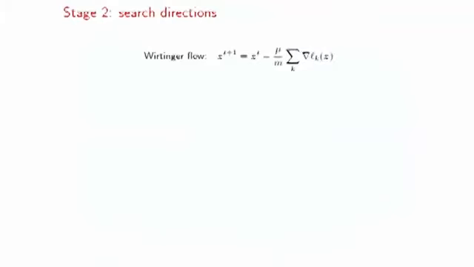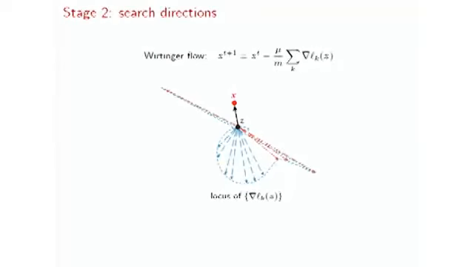Okay, so this is about initialization, and our next stage is about the iterative updates. There are a lot of ways to do this stage, and one of the remarkable ways is the so-called Wirtinger flow. Basically, we choose the search direction as the Wirtinger gradient of the objective function. You can just think of the Wirtinger gradient as some sort of ordinary gradient, at least in the real case. But there is some issue about it.